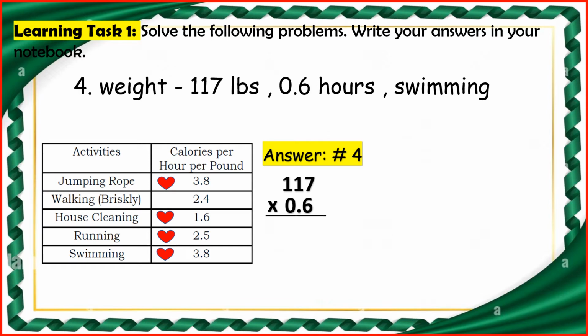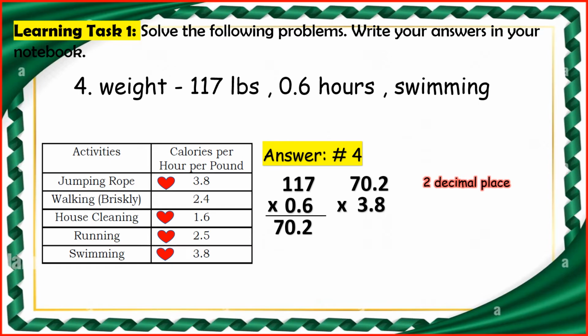Then we multiply first 117 by 6 and the answer is 70.2. So 70.2, so we have 1 decimal place